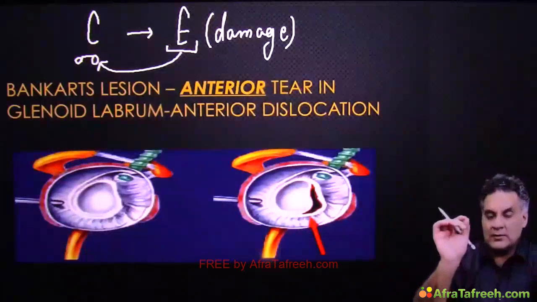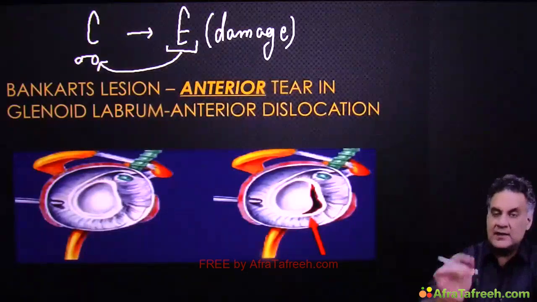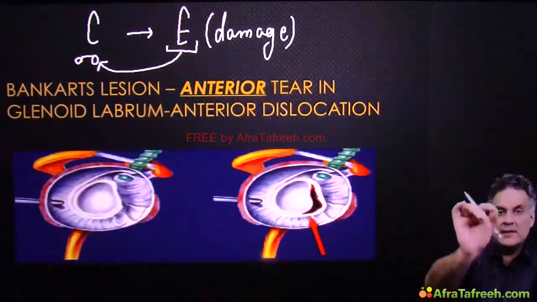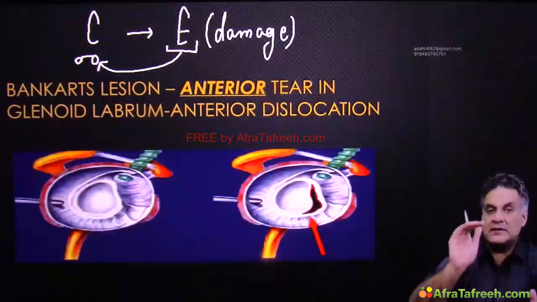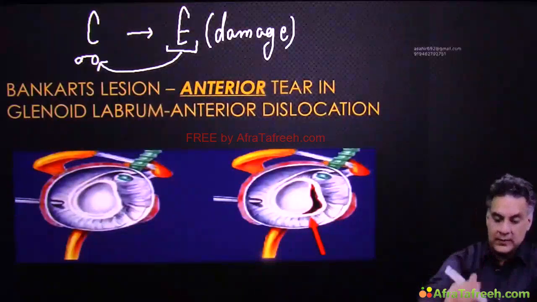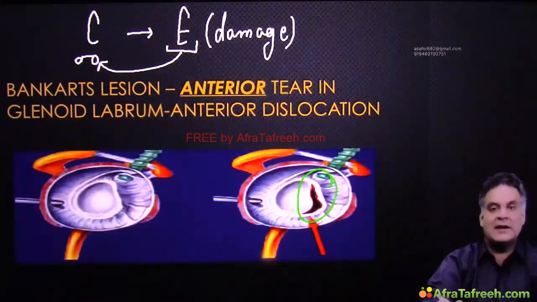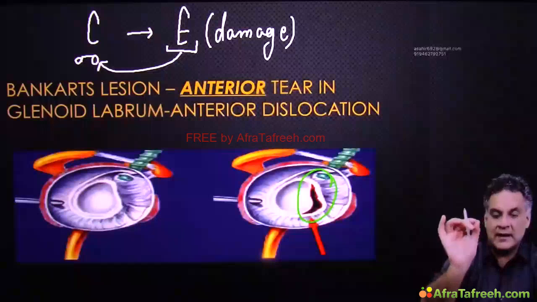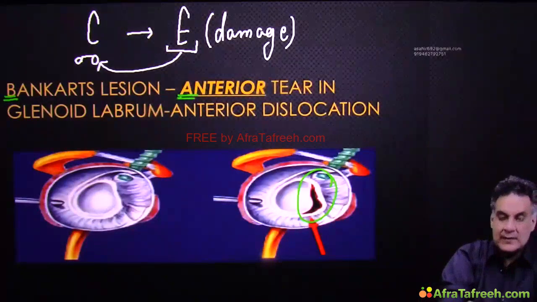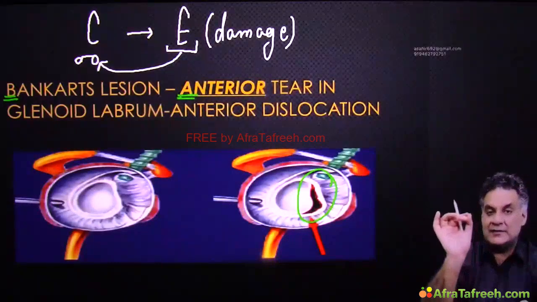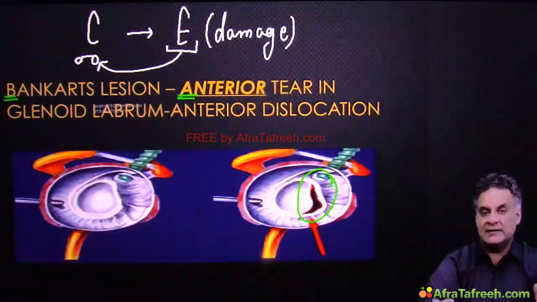So the most common complication of a shoulder dislocation is a shoulder dislocation again, recurrent shoulder dislocation. Axillary nerve damage comes next to it. When there is a tear in the anterior part of glenoid labrum, it's called a Bankart's lesion. Remember, Bankart's is a tear anterior. If you have an option of anterior tear versus anteroinferior, anterior is better, as described by Bankart in his article